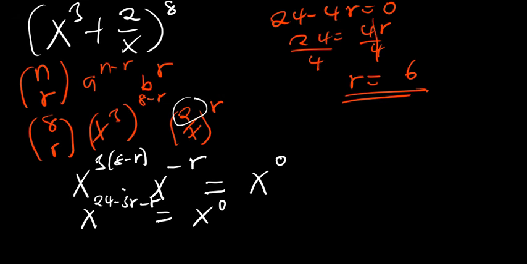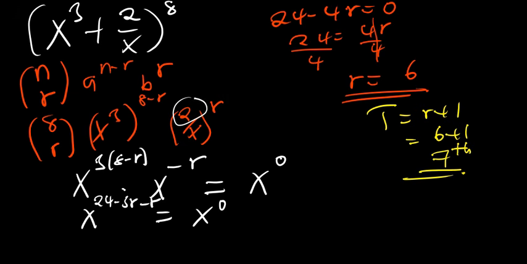It is the seventh term. So the term is given by r plus 1. So 6 plus 1 is the seventh term. The question was to find the term independent of x. This question had about 3 marks. So the answer is the seventh term. That was the answer. We are done. We end there. But if the question continues to say find the coefficient of the term independent of x,